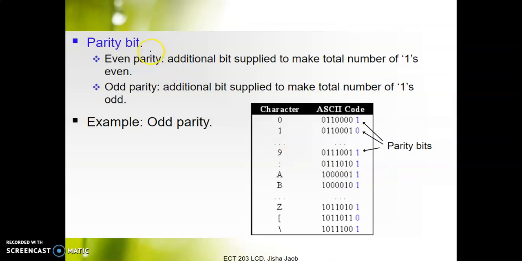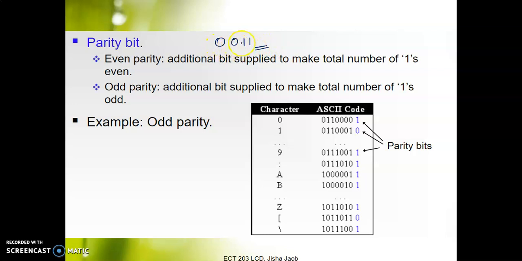Let us now discuss the parity bit. There are two types of parity bit, even parity bit and odd parity bit. What you do in this case is, if you have a message, say 0011, you count the number of ones here. In this case, there are 2 ones. And you append one more bit along with the message. The extra bit that you append should make the total number of ones as even.